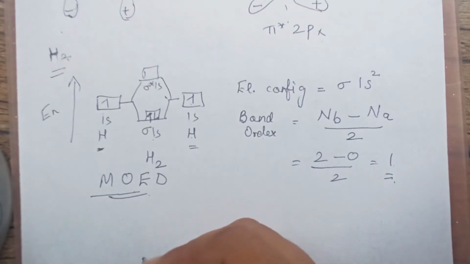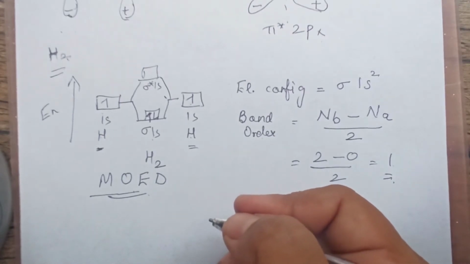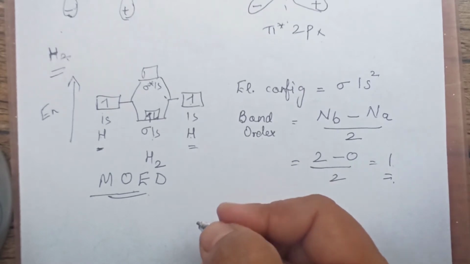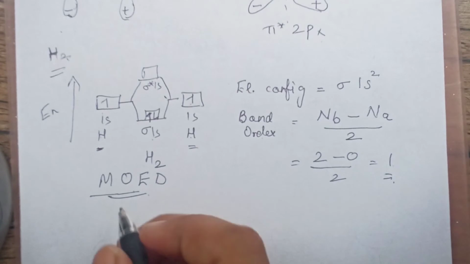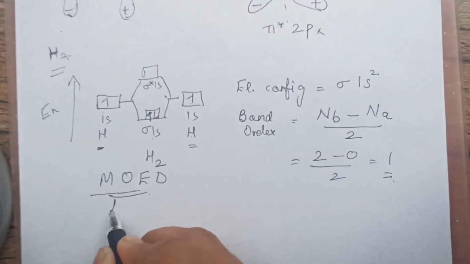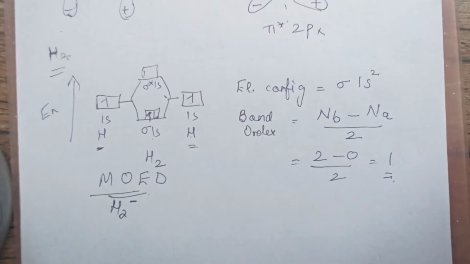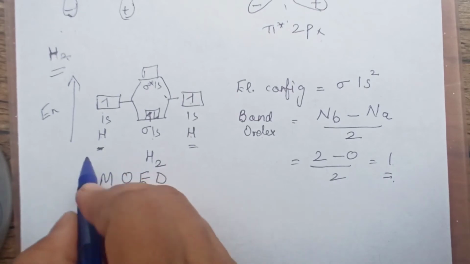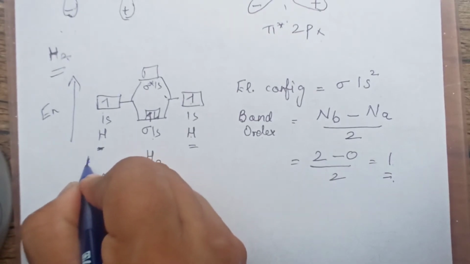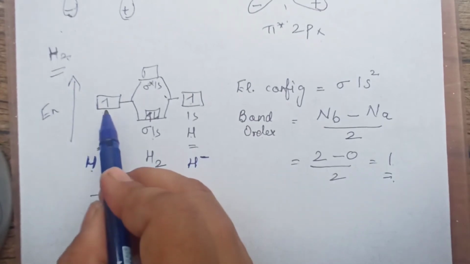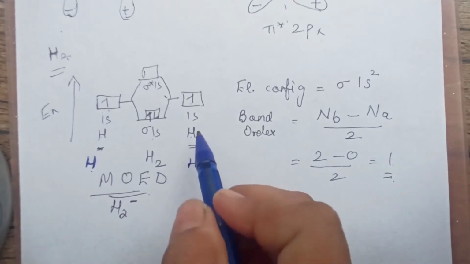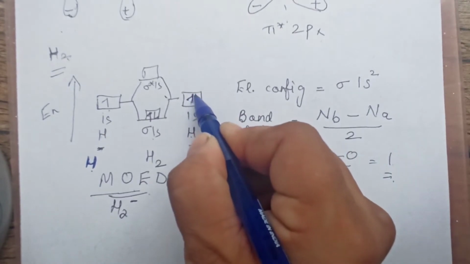Before that, suppose you are asked to write down the configuration for H2 minus. What you will do? You will make the changes in the same diagram. This you have noted down; please take a screenshot of this. Now in this only I will tell you. For H2 minus, one side you are going to show hydrogen. I am writing this with the blue pen. This side you will write hydrogen, and this side you will write H minus. Hydrogen is having one electron, so you will write one electron. H minus is having two electrons, so you will write two electrons in this.